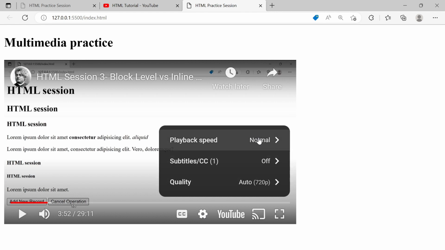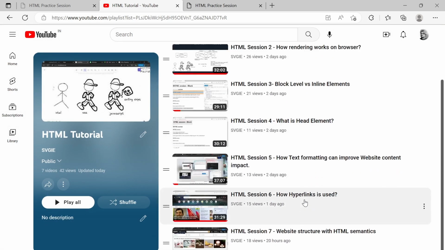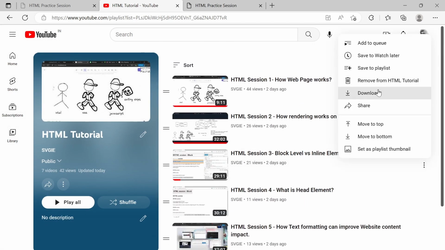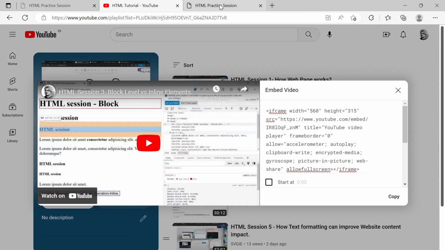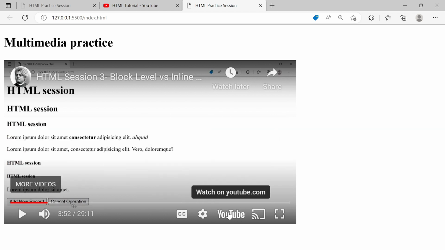If we try to develop these things ourselves, it will take some time, but YouTube already has all these functionalities implemented. So why not just embed the YouTube player directly in our website? If we are going to create the SVGI website for our institute, all the videos are already uploaded on YouTube. So we will just use the share embed option and put it on our website. People can directly watch the video on our website, or they can redirect to the YouTube page, with the same functionality which is available on YouTube.